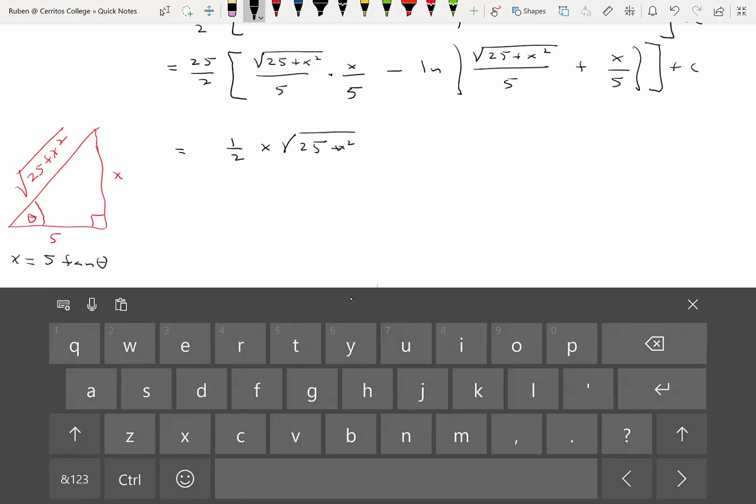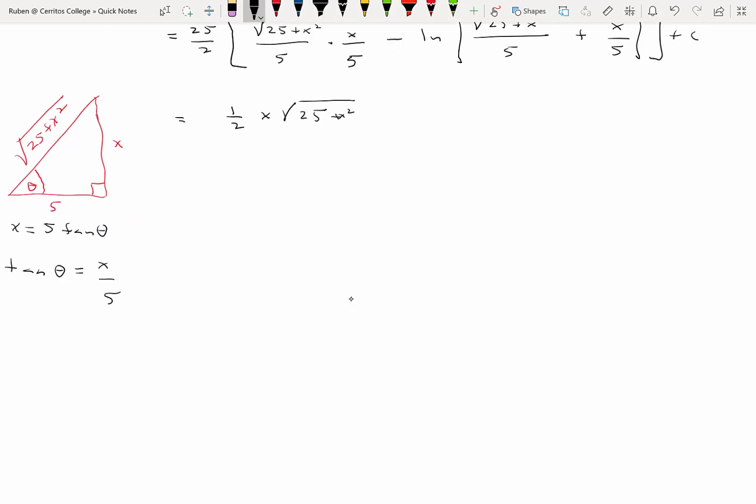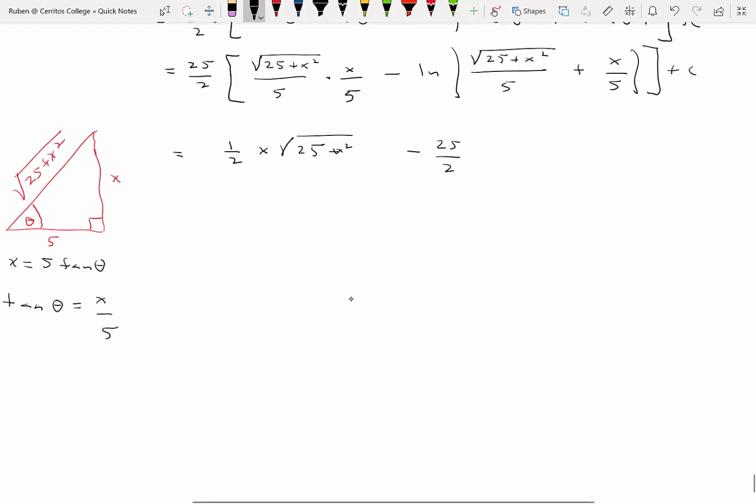Minus 25 over 2 times the natural log of the square root of 25 plus x squared plus x over 5, all this plus a constant. Okay, well,